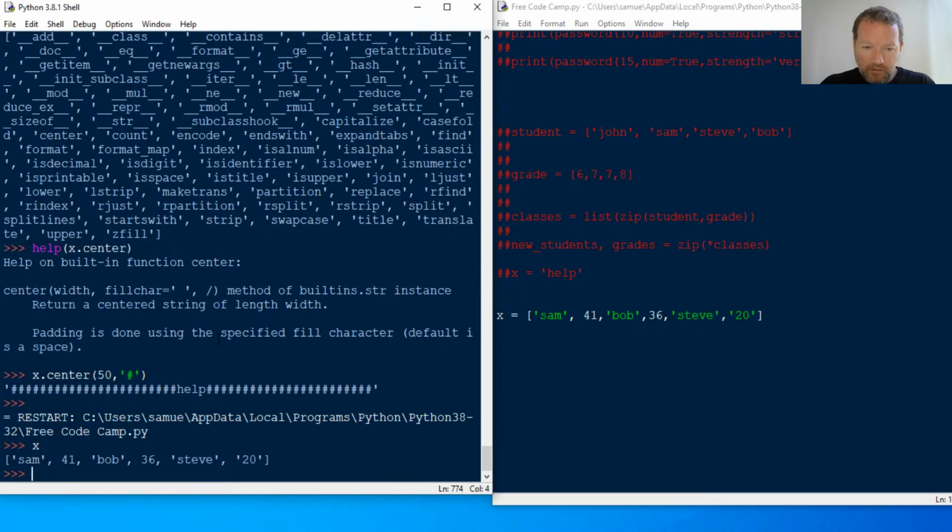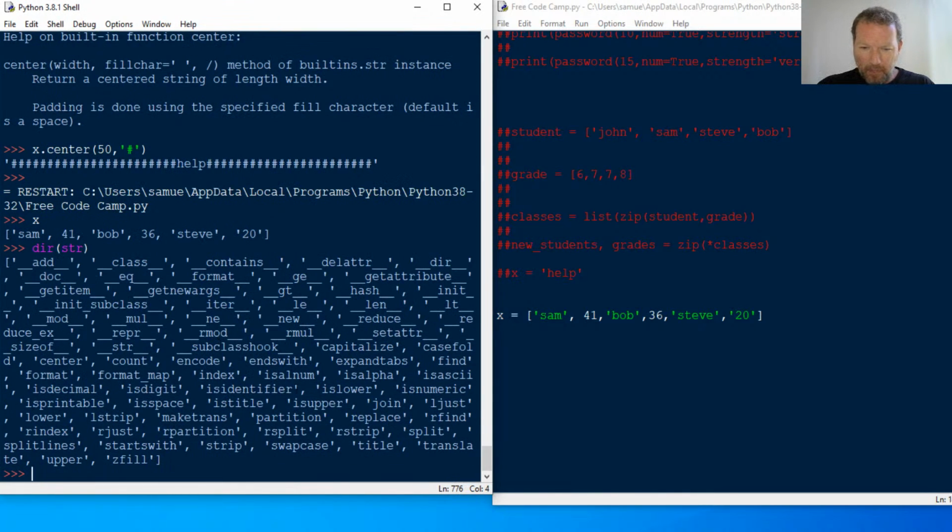Now, let's look at help dot dir.str. What am I looking for? Is upper, is title, is digit, is space. Which one am I looking for? Is numeric. That's what I wanted. Is ASCII, is numeric. So I want to create a list